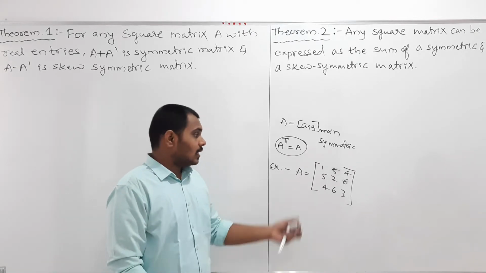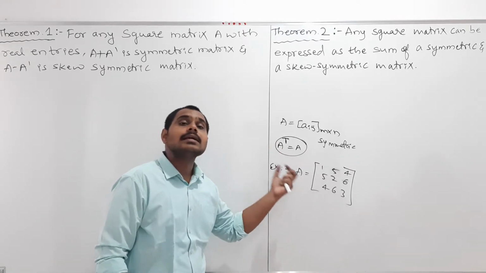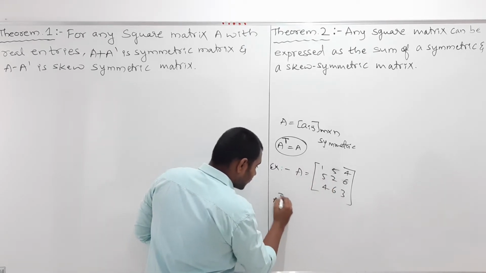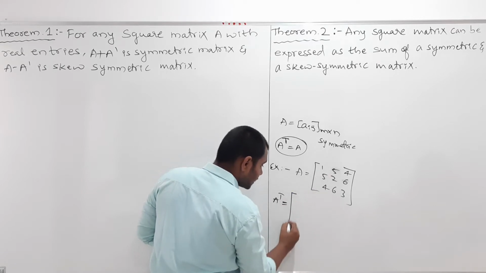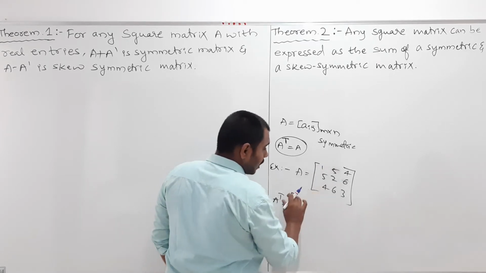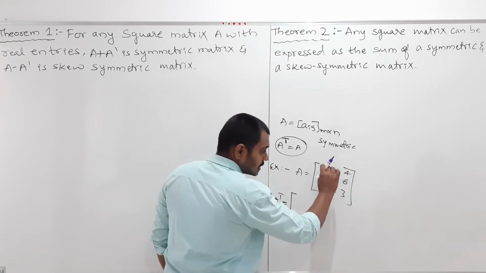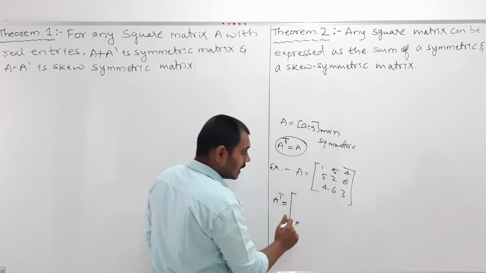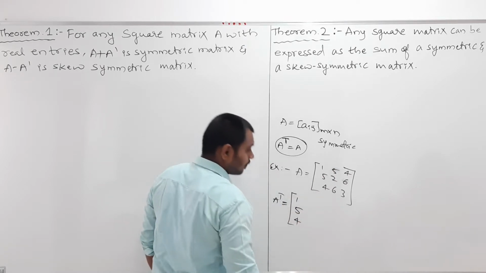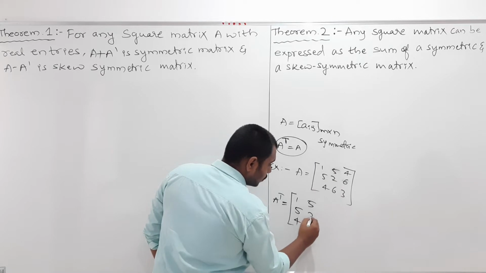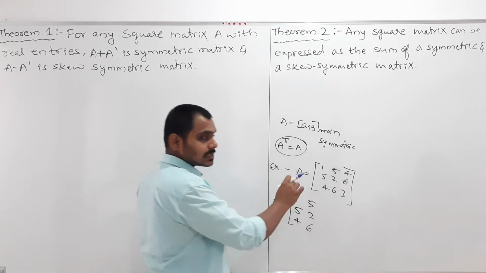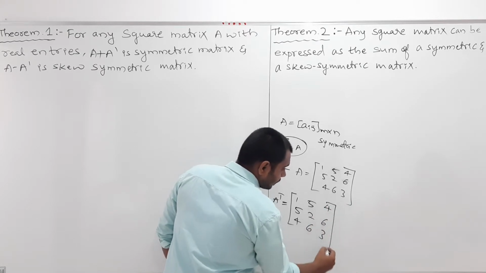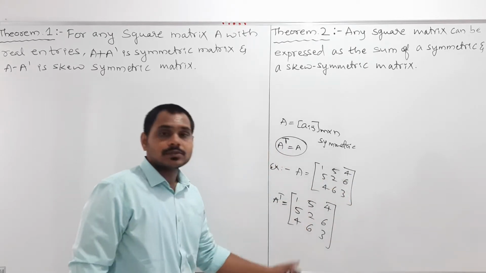How should I conclude? A matrix A is said to be a symmetric matrix if I take the transpose of it. How do we write the transpose? I interchange the rows into columns. So here, this is the first row, I will write it as the column 1, 5, 4. Next the second row 5, 2, 6, I am writing it as a column. And next 4, 6, 3, this is the third row, I am writing in terms of the columns.